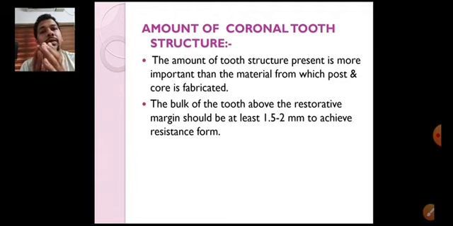It's not advisable to proceed with the treatment just like that, because there is something called the ferrule effect. There should be some amount of tooth acting like a band of tooth structure on which the crown has to be seated or cemented. That will improve the strength and longevity of the restoration or crown. So at least 1.5 millimeter should be there to proceed with the post and core treatment. Please keep this in mind.